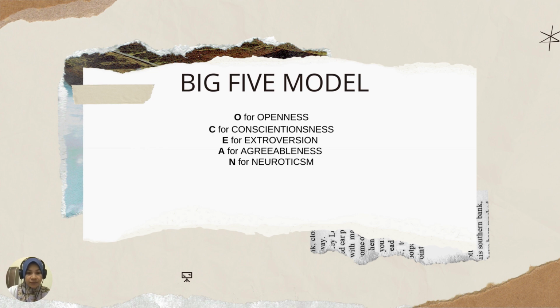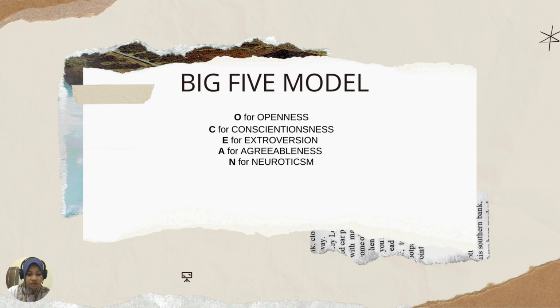The Big Five factors are O for openness. This trait features characteristics such as imagination and insight, and those high in this trait also tend to have a broad range of interests. People who score high in openness like to learn new things and enjoy new experience. And then we move to C.